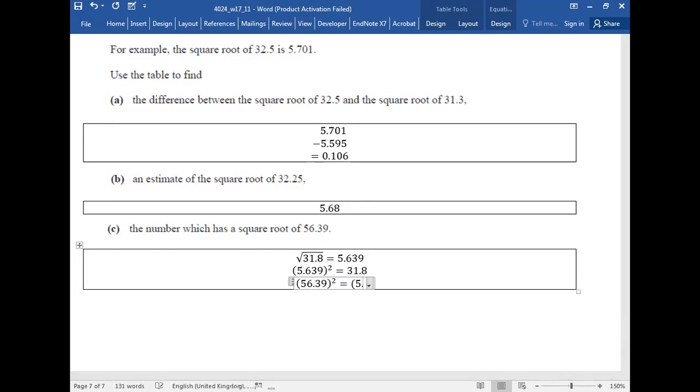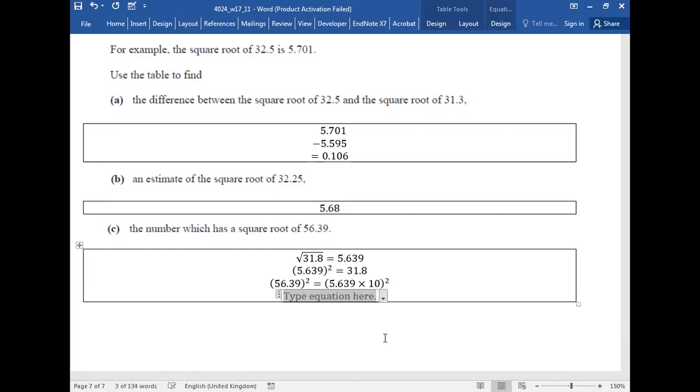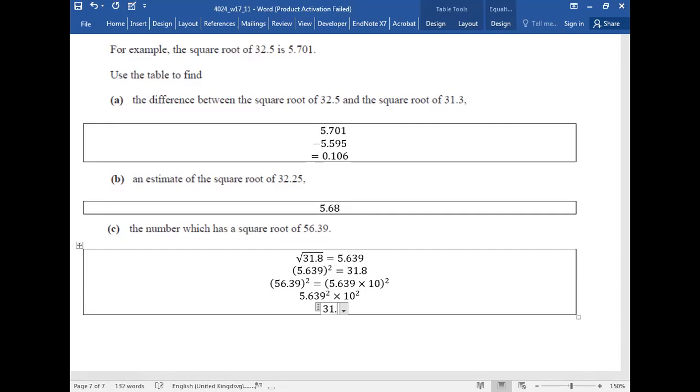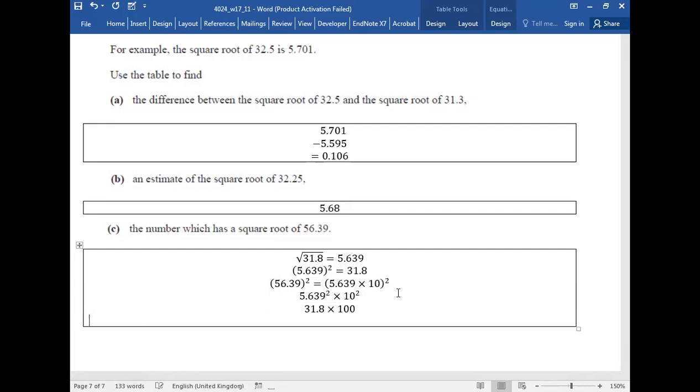So can I break this down into 5.639 times 10? It is still the same thing or not? Now, can I say the square of 5.639 times the square of 10? I already know the square of this. What is the square of this? 31.8. And the square of 10 is 100. You multiply it by 100,